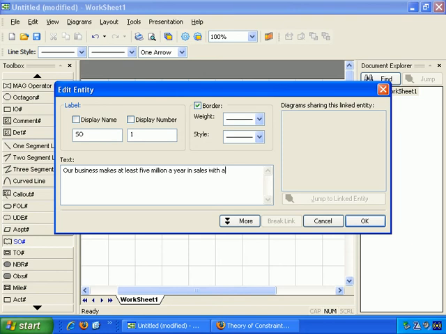So our business makes at least $5 million a year in sales with a significant profit margin. And I say you should phrase these in the now, but actually you can set time goals as well. So our business makes at least $5 million a year in sales